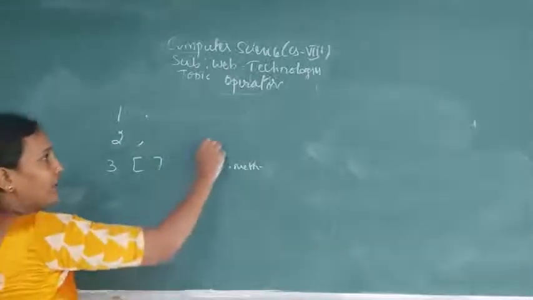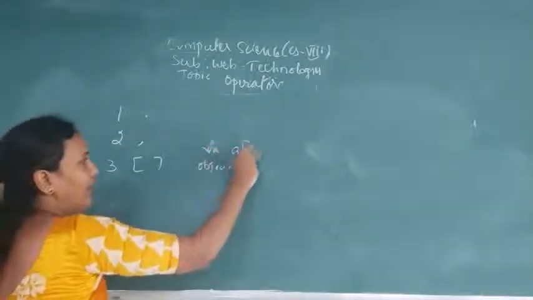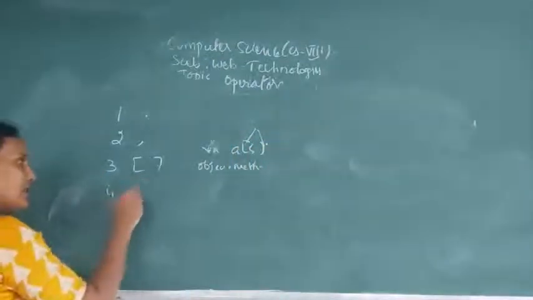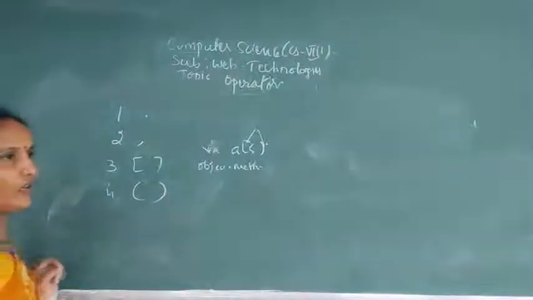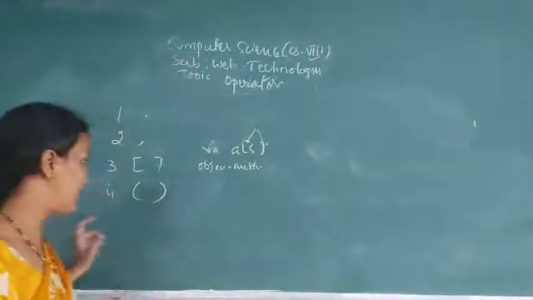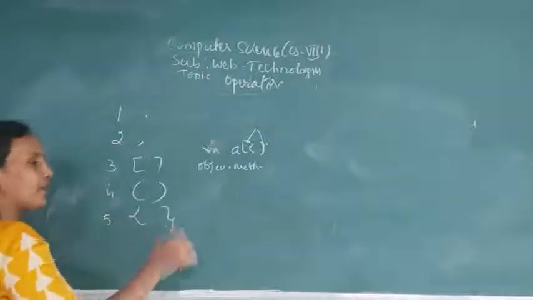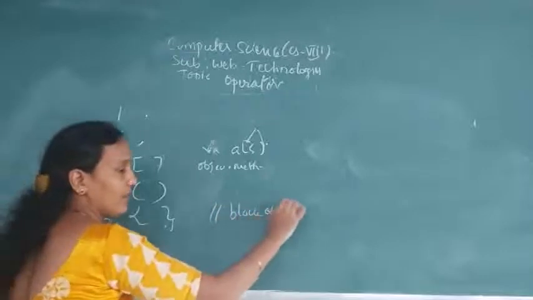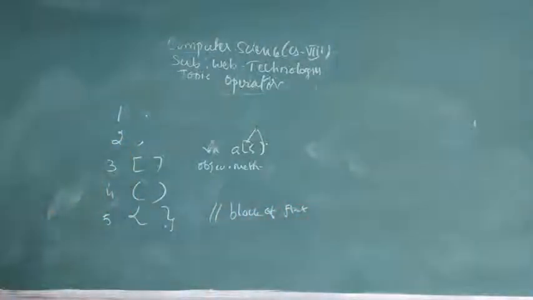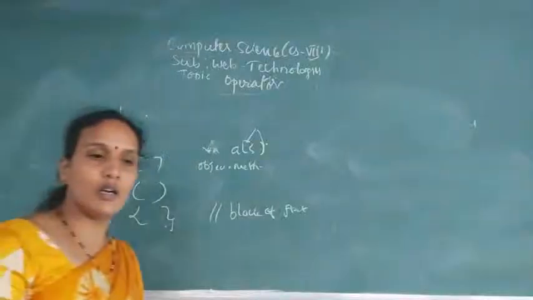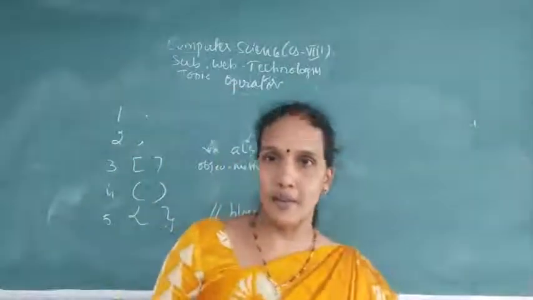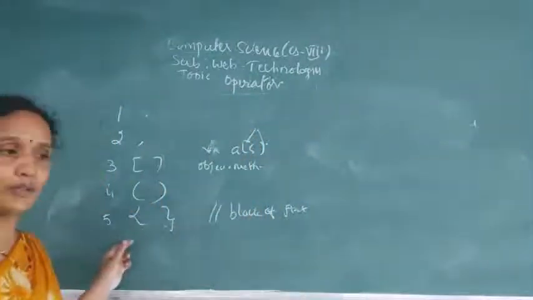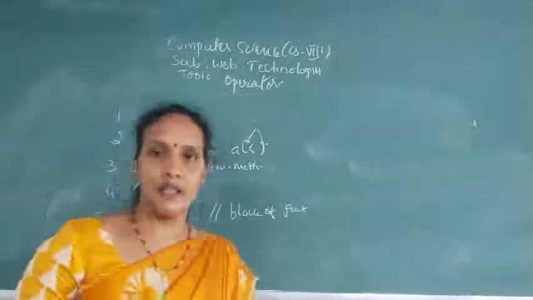Okay, so an array will be like this now. Var a[5]. So these two are called square brackets. The next one is the parenthesis. When you are creating a function, then we use this parenthesis. And the next one is the curly braces, when you want to enclose a block of statements. So these are the miscellaneous operators, meaning the operators which do not come under the above categories. All those operators you can classify as miscellaneous operators in JavaScript.